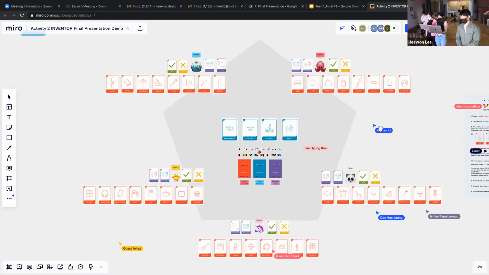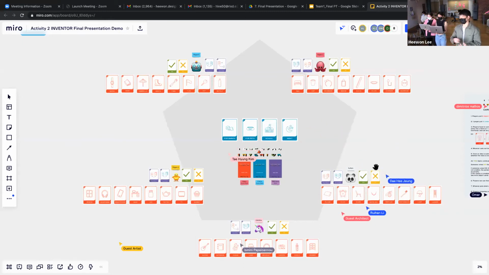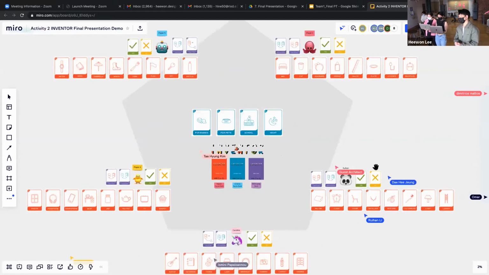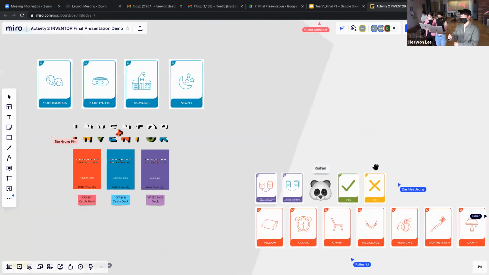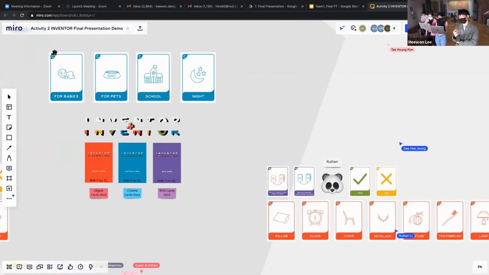Okay, so to start off the game, each player will be handed out 8 object cards, 2 wild cards, and the yes or no cards. And what the players basically have to do, like it was shown in the video, is take out 2 object cards and create an idea in context to the criteria cards, which are the blue cards in the